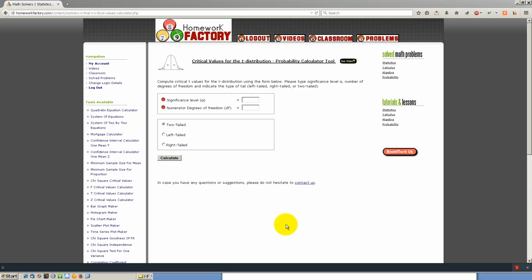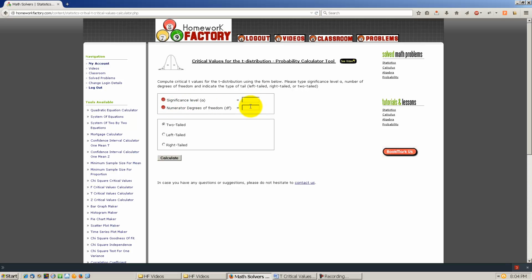Hello, in this video I want to show you how to use the critical values calculator for the t-distribution. So what is a t-distribution? It is a distribution that looks very much like the normal distribution, only that it has one extra parameter to take into account, which is the number of degrees of freedom. So it's similar to the standard normal distribution, but also has another parameter that is the number of degrees of